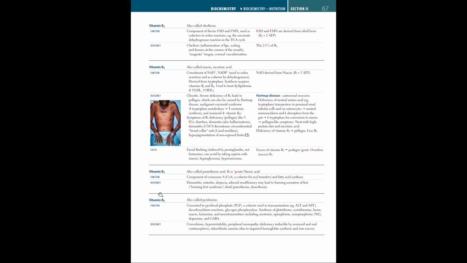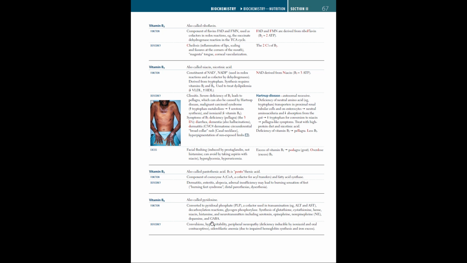Next, we have vitamin B6, also called pyridoxine. Now, the function of vitamin B6 is conversion to pyridoxal phosphate, or PLP, a cofactor used in transamination of ALT and AST. Also, it's used in decarboxylation reactions, glycogen phosphorylase, synthesis of glutathione, cystathionine, heme, niacin, histamine, and neurotransmitters including serotonin, epinephrine,